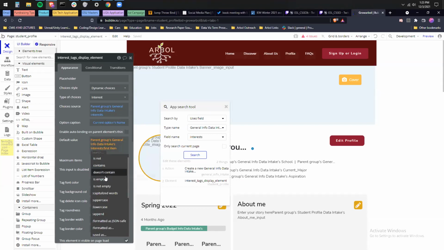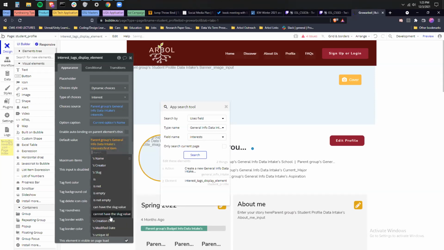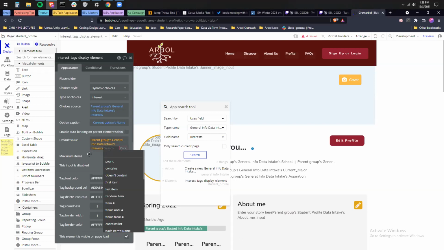So we choose the wrong interest, parent group, general info. Remove the first item because I think it's a multi select, so it should be one more. Yep. There you go. Awesome.